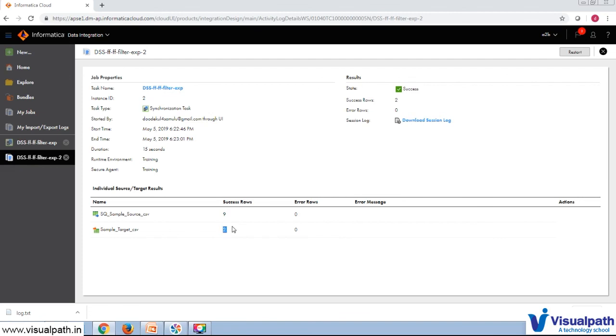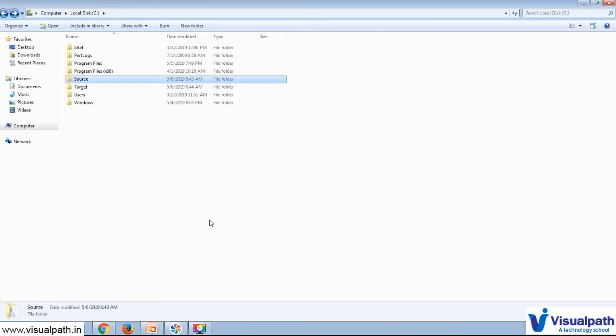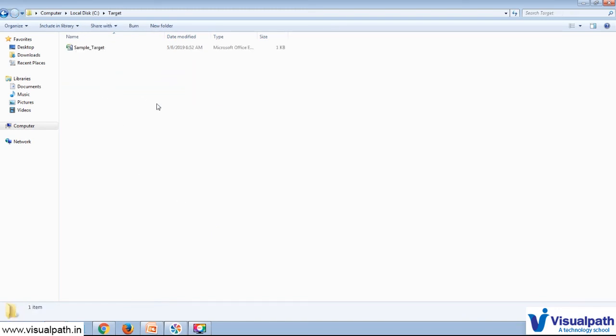Why it has processed 2 records is because we have given the data filter as HYD, so it has processed only Hyderabad records to our target system. Let's go to the target file and see what records it has processed, whether it has processed the proper records or some junk records.